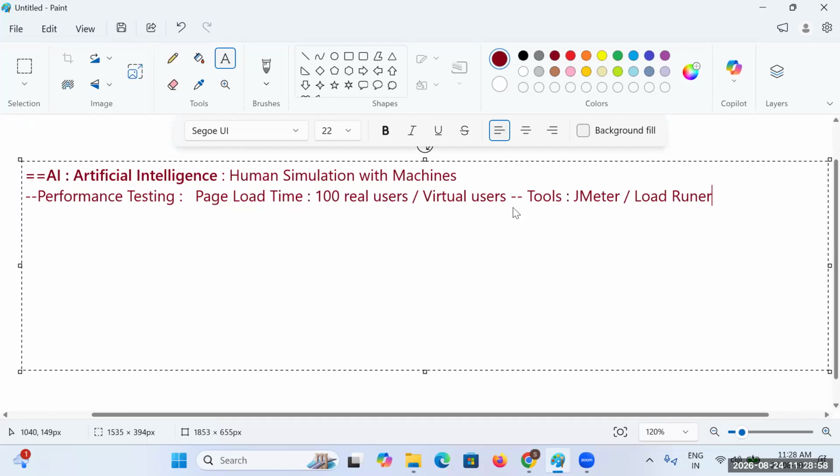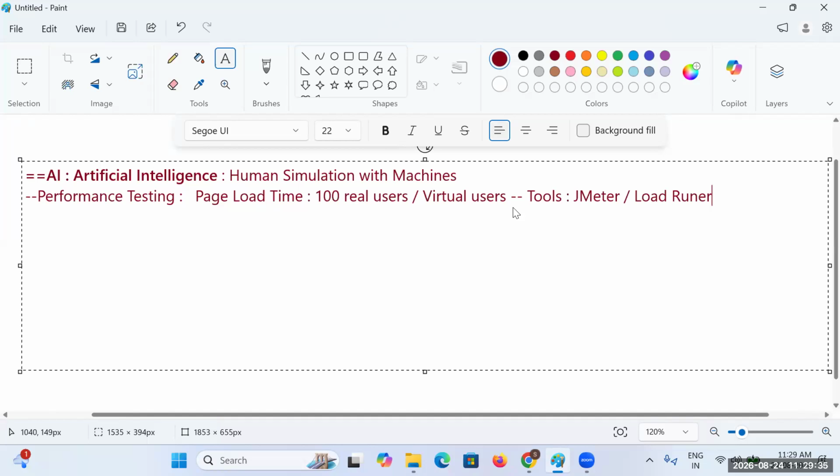In some cases we will have situations where it is not possible to do it really with real users, so we take the help of virtual users. Now, on top of that, you are adding AI intelligence here.